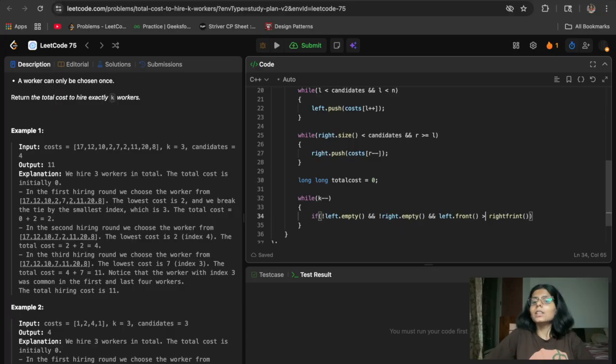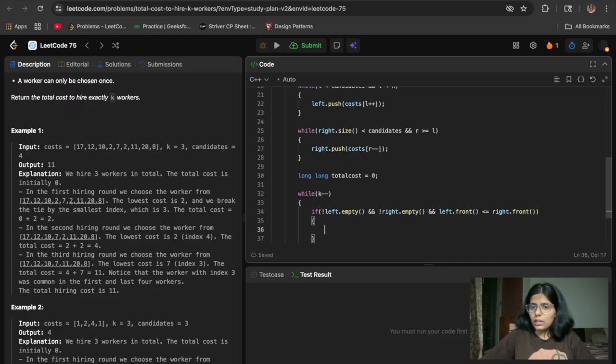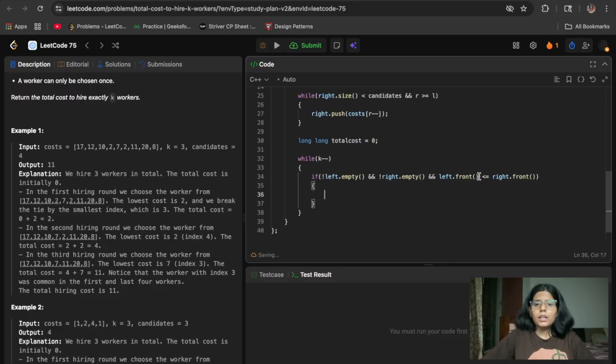Yeah, I will do this. If it's less than or equal to right dot front, then I will take the candidate from the first index, basically first come first serve. In that case, I will add that cost to my total cost. So total cost plus equal to left dot front.